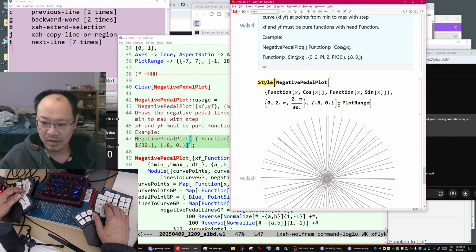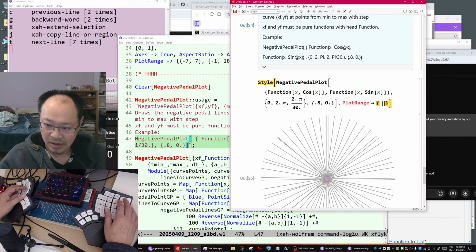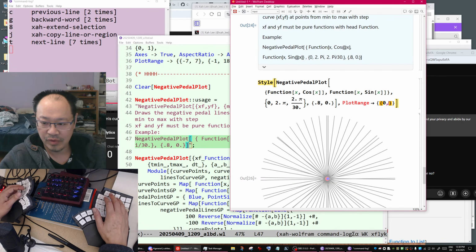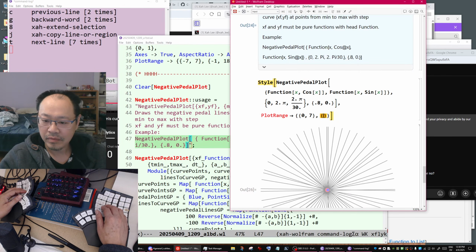Plot range and plot range, I don't want all. So plot range x and y, x from, let's say 2 to 6, 2 to 7, y from